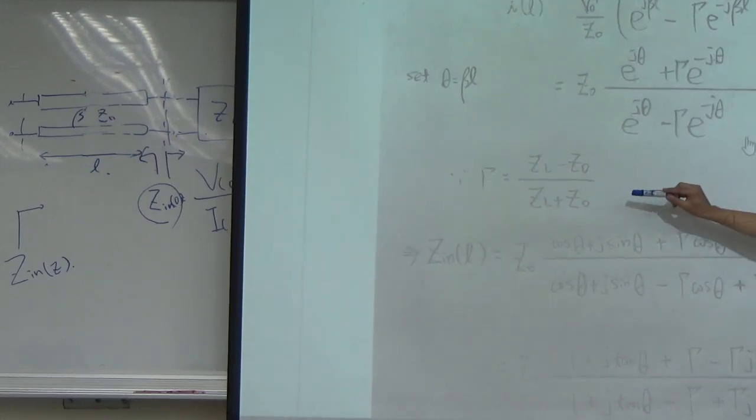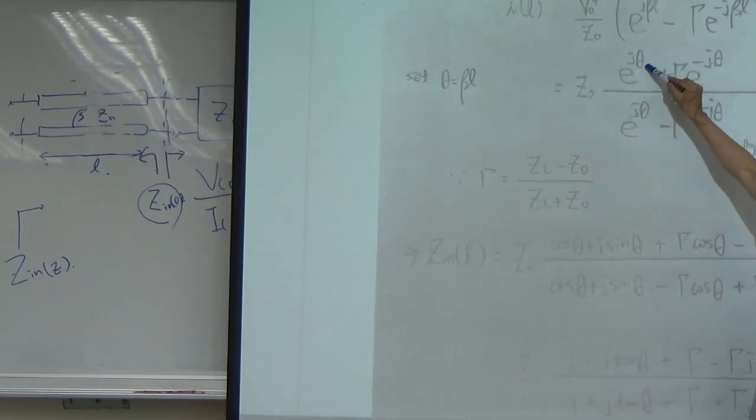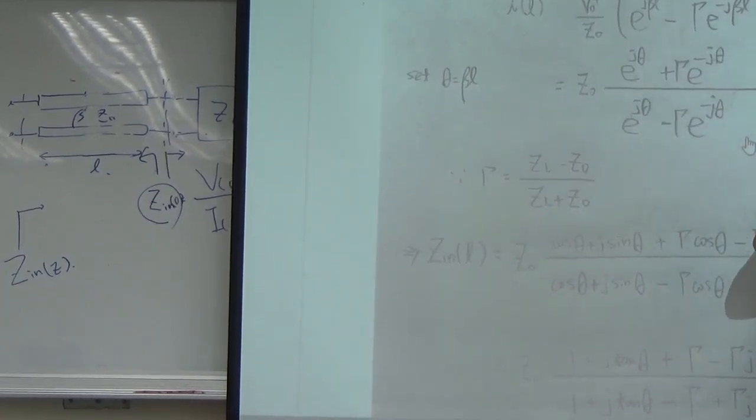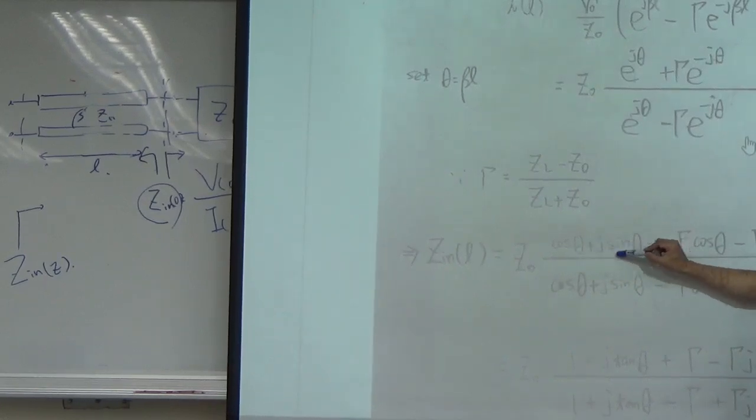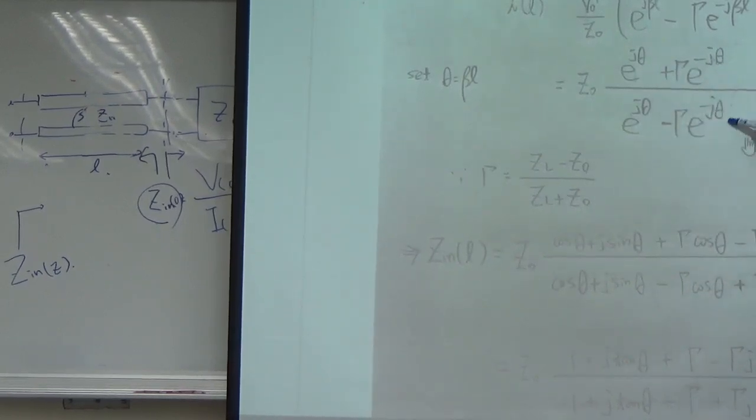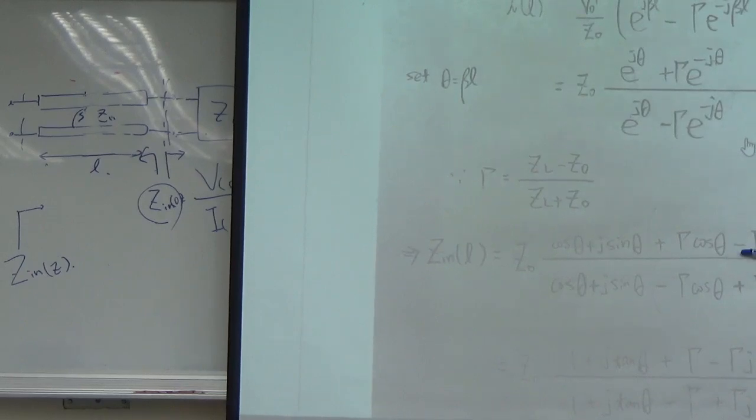This comes from Euler's formula: exponential j theta is cosine theta plus j sine theta, and the other is cosine theta minus j sine theta. After I do that and put gamma here,